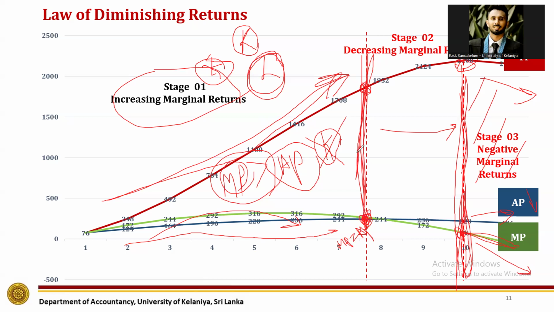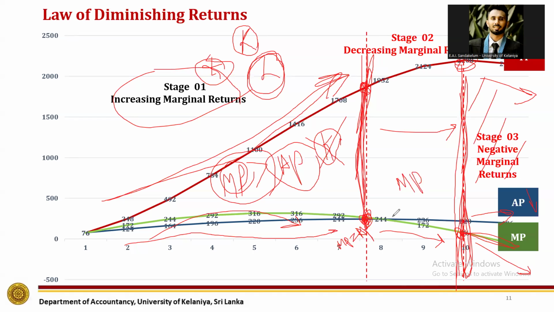MR MC සමාන වෙද්දී TP එකේ ඉන්න position එකට එන්න ඕන. So with that position what happened? So in here we can identify the marginal revenue what happened. Then we name marginal